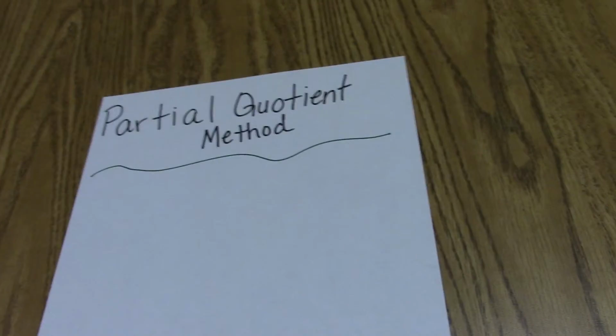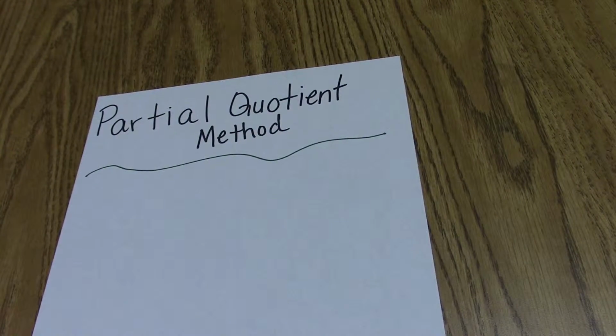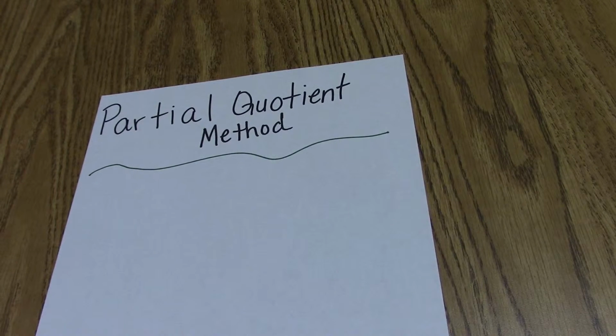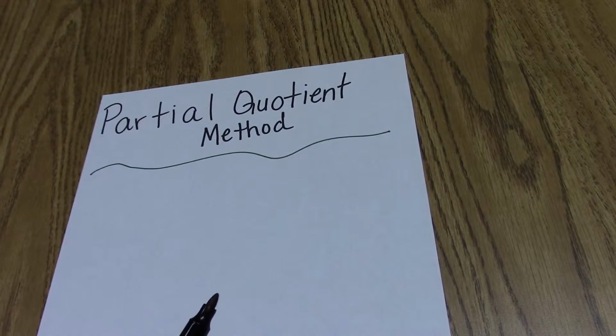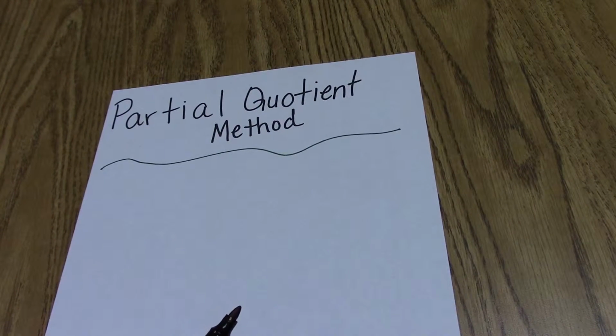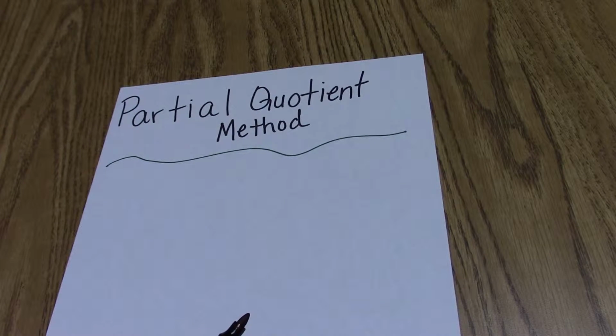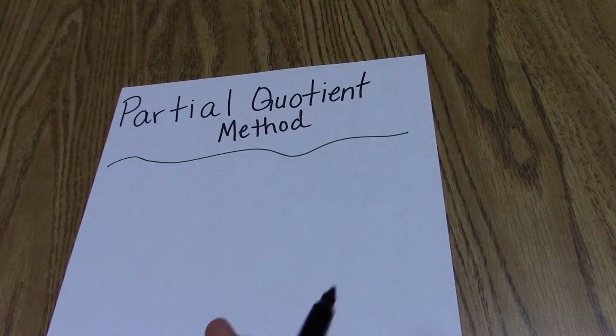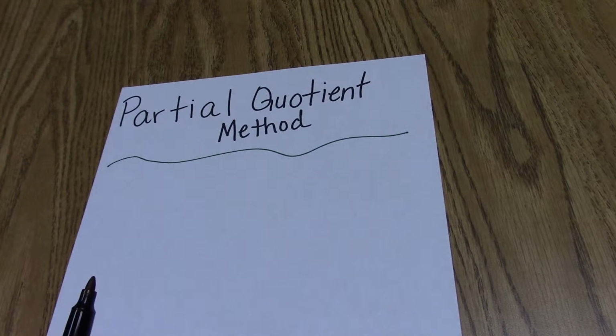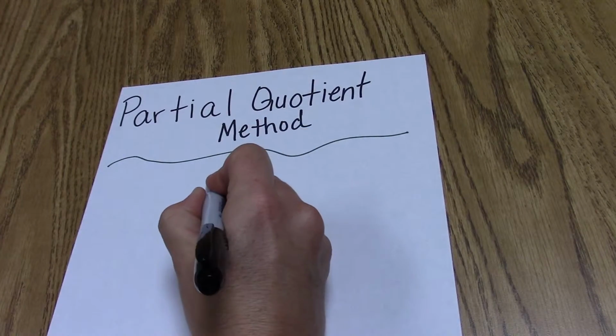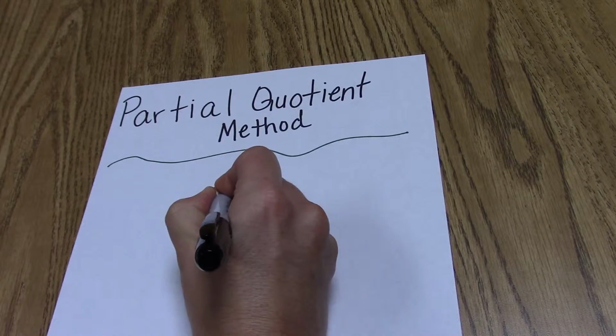So the partial quotient method begins by looking at a division problem. We're going to start with something basic, a basic fact that maybe our third grade students haven't mastered yet, but could get there by some of the prior knowledge that they have. So let's start with a basic fact. Let's say 72